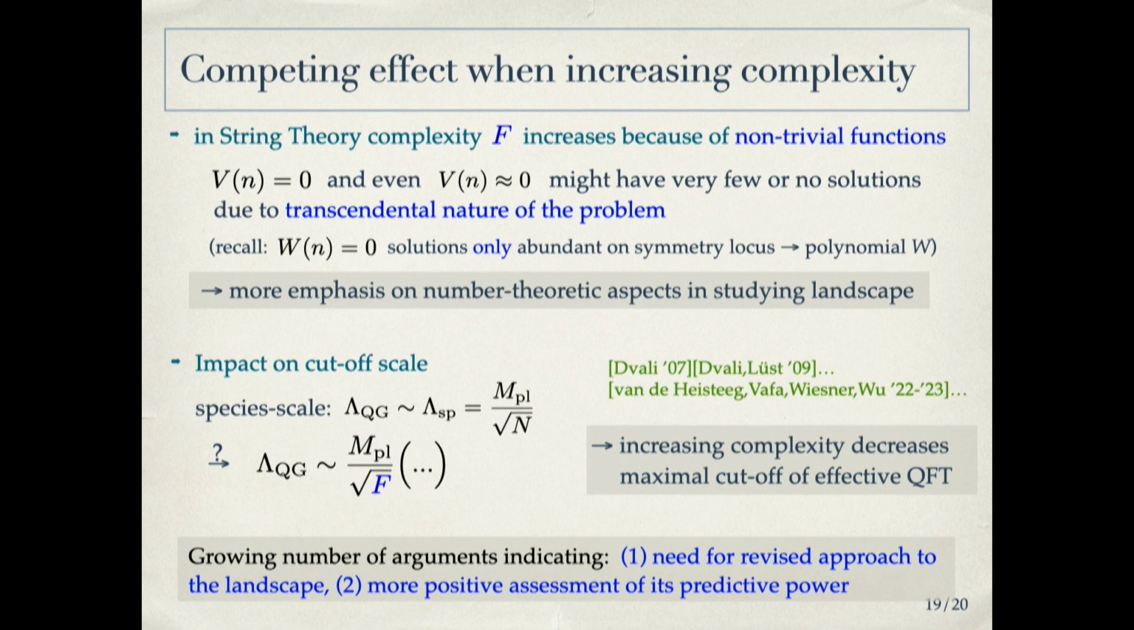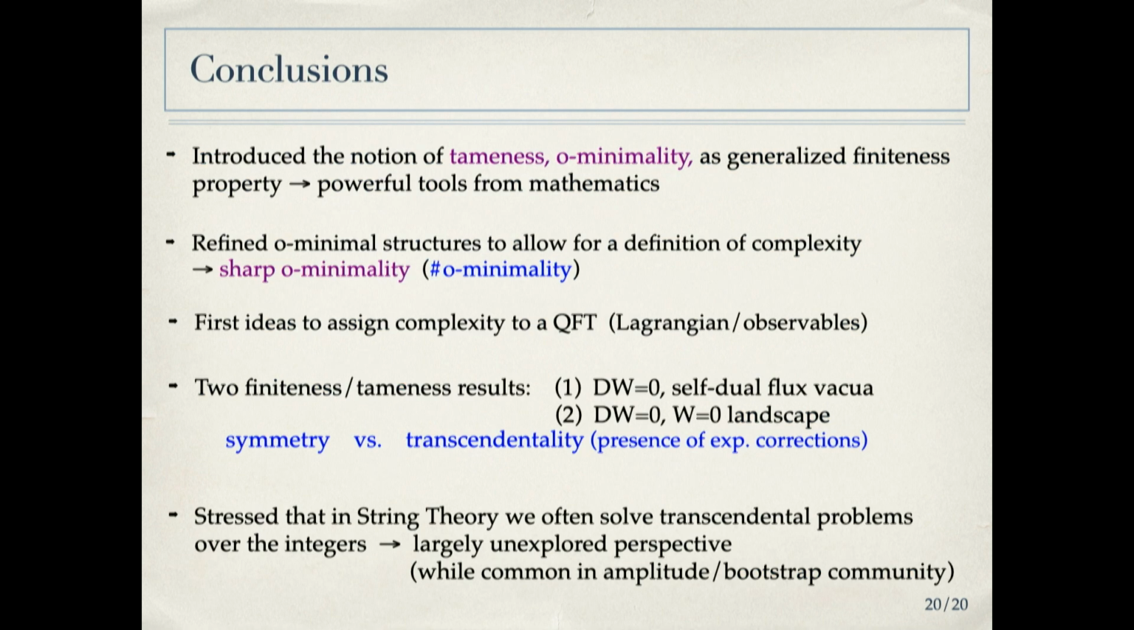Because what is clear is that not everything is possible. So this leads me to my conclusion. I probably also am out of time. So I introduced a notion of tameness via o-minimality as a generalized finiteness property. I suggested that this is an extremely powerful tool, and we should use it in studying the landscape, but also in studying amplitudes. I mentioned that there is this new notion which has a notion of complexity, and I presented